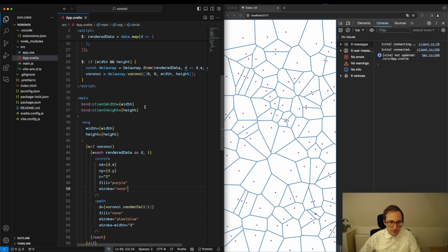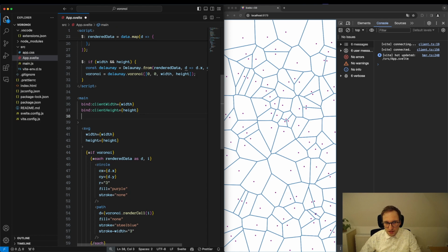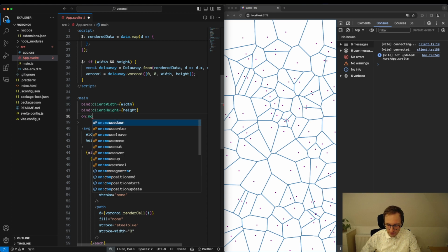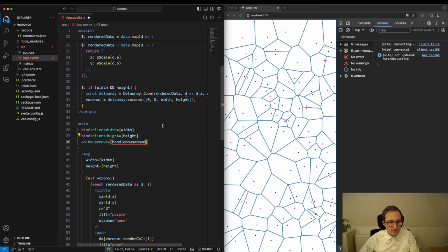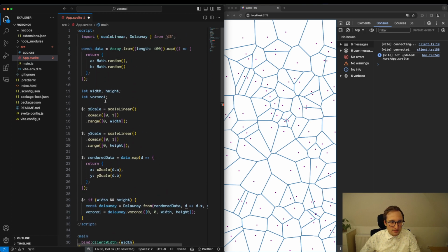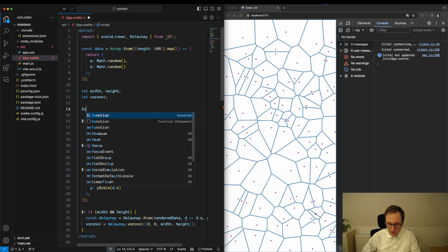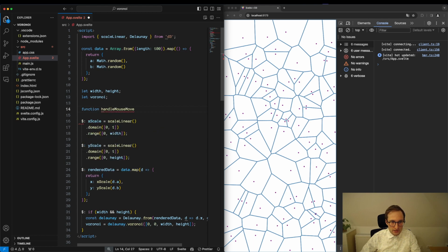And we can do that by just putting an event handler here on main, and with this on directive from Svelte, we could access the mouse move event, and we could just call a function. Let's call it handleMouseMove. Yeah, very innovative. So this function is called when there is a mouse move event. So we have to define this function. Let's do it here. Function handleMouseMove, and this is getting an event